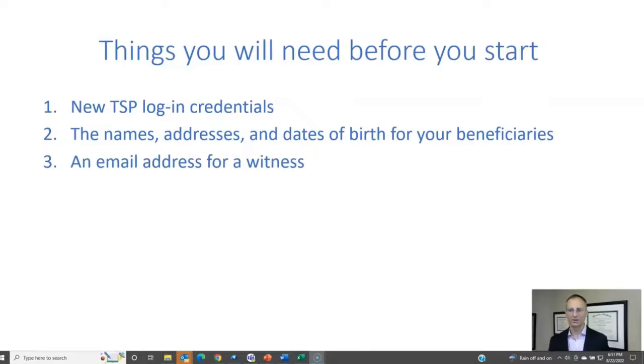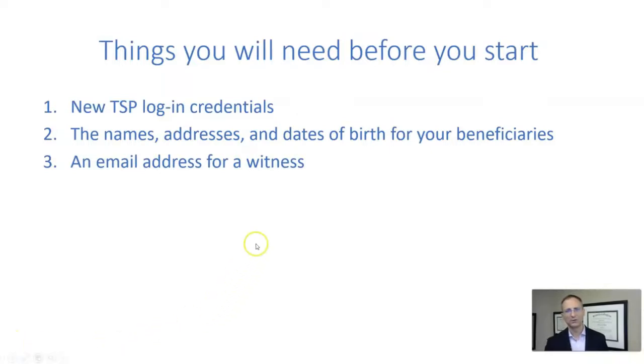That part of the process is fairly simple because they're just going to get an email and it's going to be an electronic document to sign. So you're going to need the email address for your witness before you get started. Okay, so those are the things that you're going to need to get started.